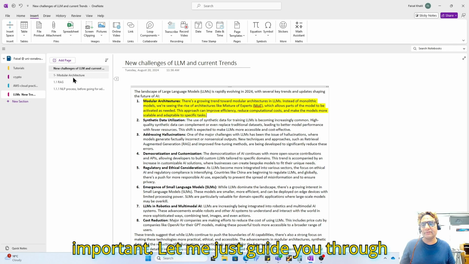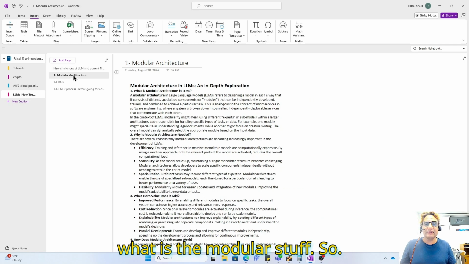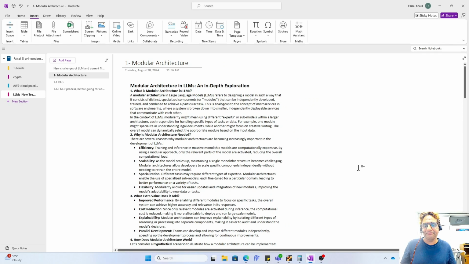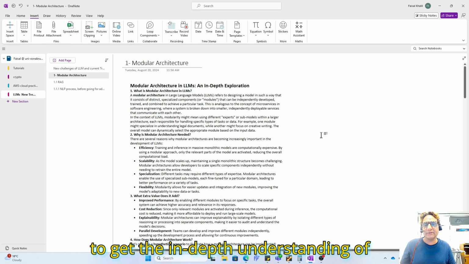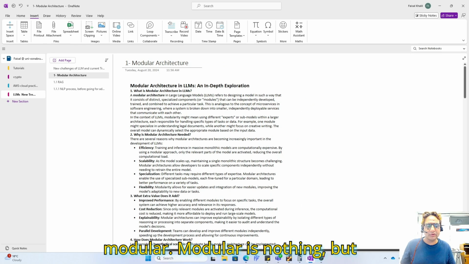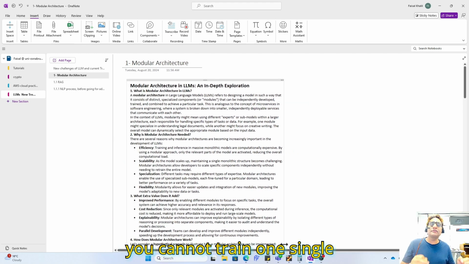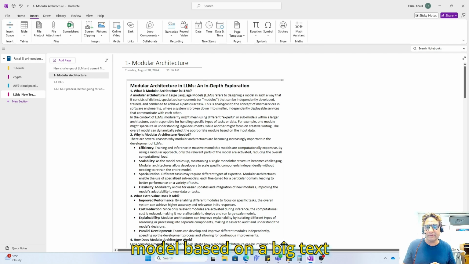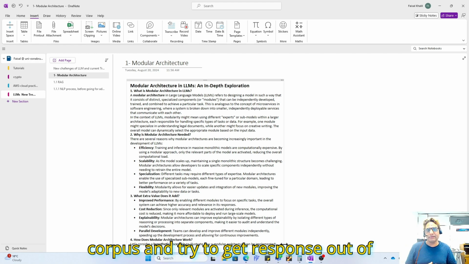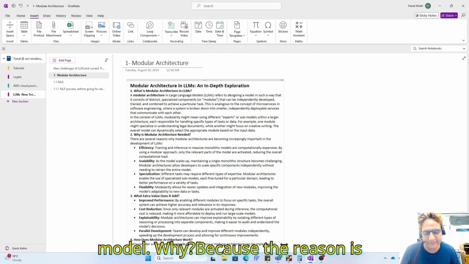These things are very important. Let me guide you through what the modular approach is. To get an in-depth understanding, the modular model says that you cannot train one single model on a big text corpus and try to get responses out of it. Why?